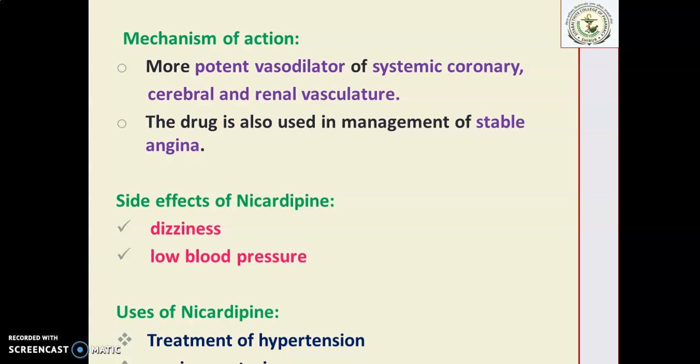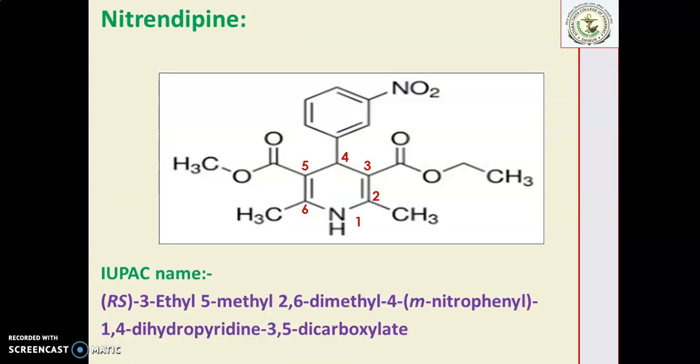It is also used as an antihypertensive agent, because you know that 1,4-dihydropyridine derivatives are also antihypertensive agents. Now moving towards the next structure, it is nitrendipine, where you can draw 1,4-dihydropyridine. Then at the second and sixth position should be occupied by